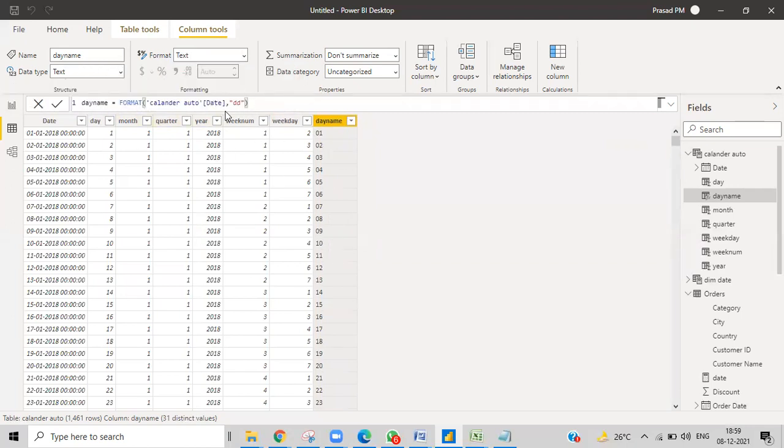So you need to understand, when you use format, obviously the result will be shown in text format only. That is why I told you that in the text function. So every time, as I told earlier in the text functions, this is a very good thing, and there are a lot of things that we need to learn from this.